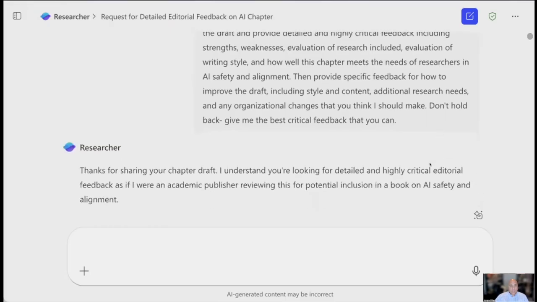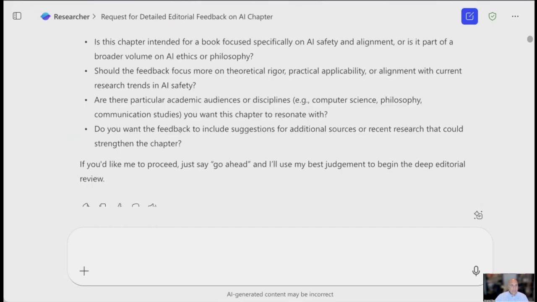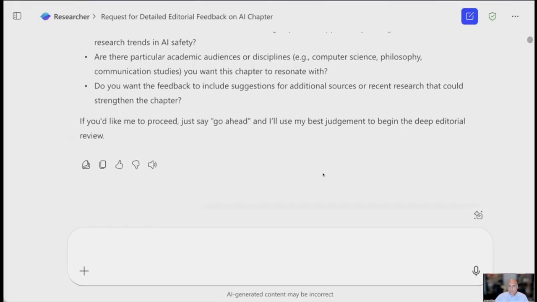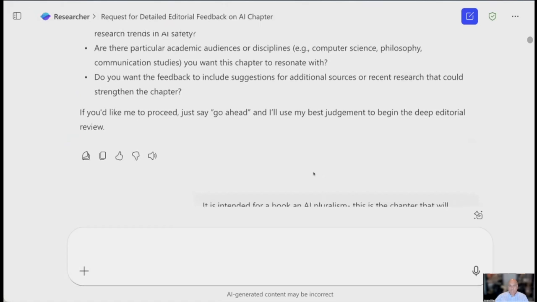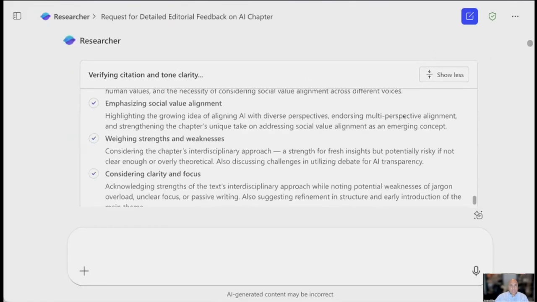It works really well. So when I did this, it had some questions. It asked about the book that this was part of a proposal for, asked about the focus on theoretical rigor, alignment, practical applicability, particular audiences. Do you want the feedback to include suggestions for additional sources or recent research that would strengthen the chapter? I was glad it included that because, as I mentioned, this was a somewhat dated chapter draft that I wrote last fall, and there's been a lot more written about safety alignment and related issues with contestability and explainability. So I gave some answers to it, and then it started to work through,